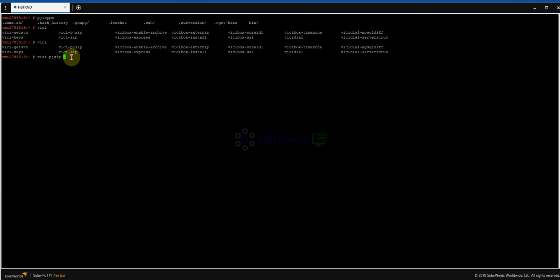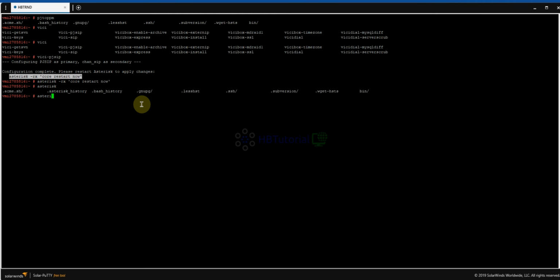Just click on this. Okay, so it means please restart Asterisk to apply the changes. So they said here, PJSIP primary, chan_sip secondary, configuration complete. So we need to restart. So you can copy this, paste it here, enter. Then it is restarted.